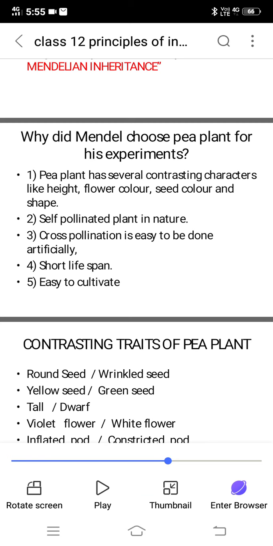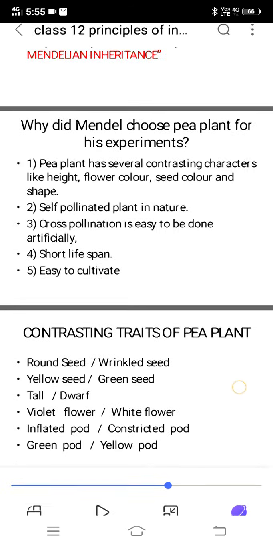They are the round seed, wrinkled seed. These are the contrasting traits. Yellow seed, green seed, tall, dwarf, violet flower,